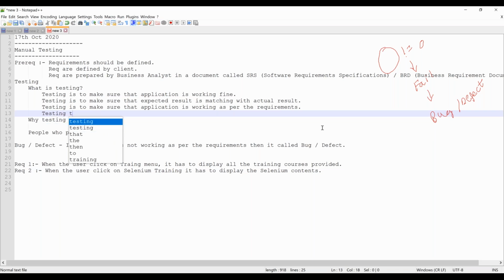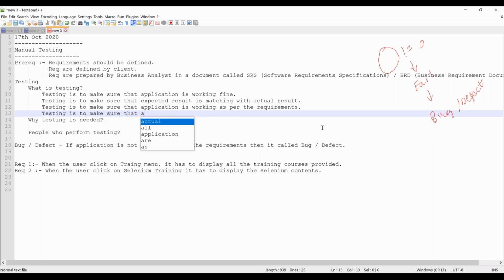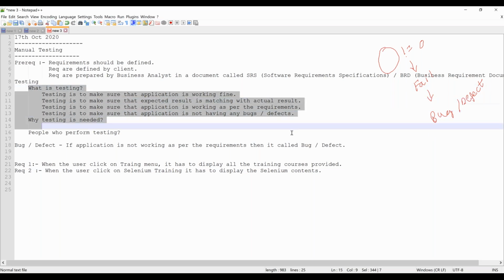Testing is to make sure that application is not having any bugs. Okay, this is all about your definition of your testing.